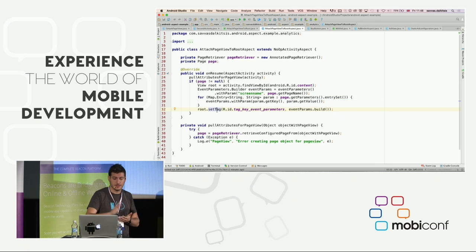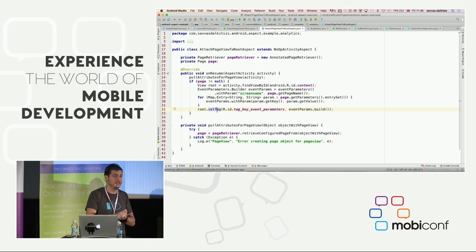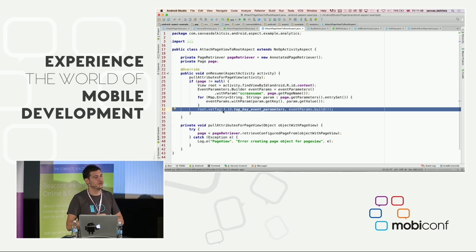Now this is a method that has existed in Android since the early days. It's called setTag. It exists in all views. There's two flavors of this. One that just takes an object, that literally just takes that object and sticks it as a field somewhere in that instance of the view. And one that takes an ID integer as well, so you can have lots of them. It's preferable to always use this one because that means that your tag cannot be overwritten by anything else in the system. So we set that object.